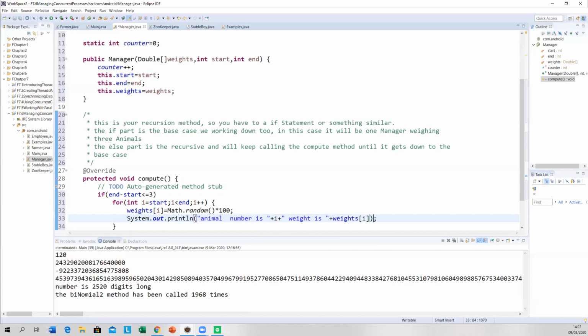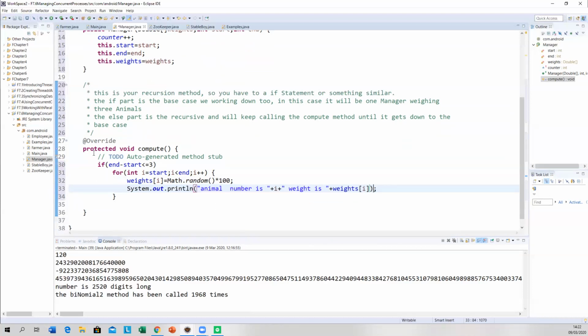Now I will go through this all. If you don't understand it now, it's no problem. I'm going to go through the whole lot of it. All right, so that's the recursive, or sorry, that's for the base case.